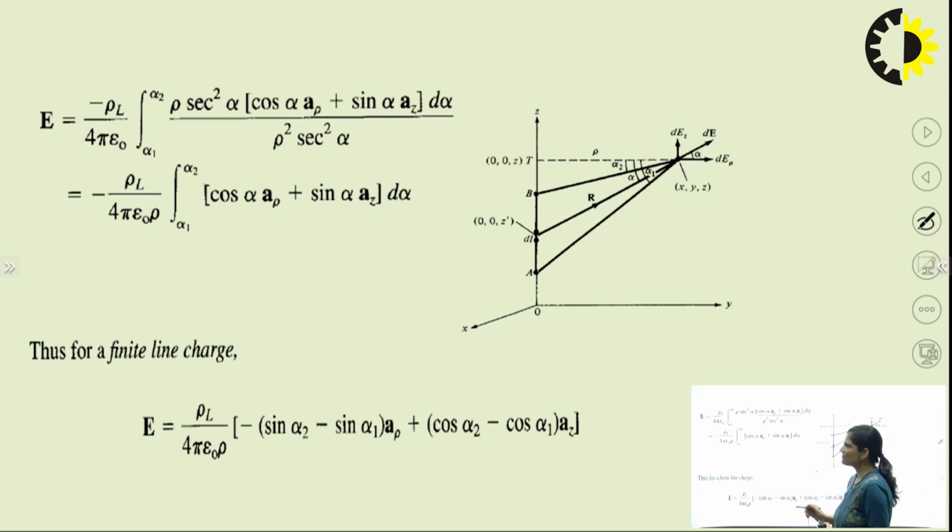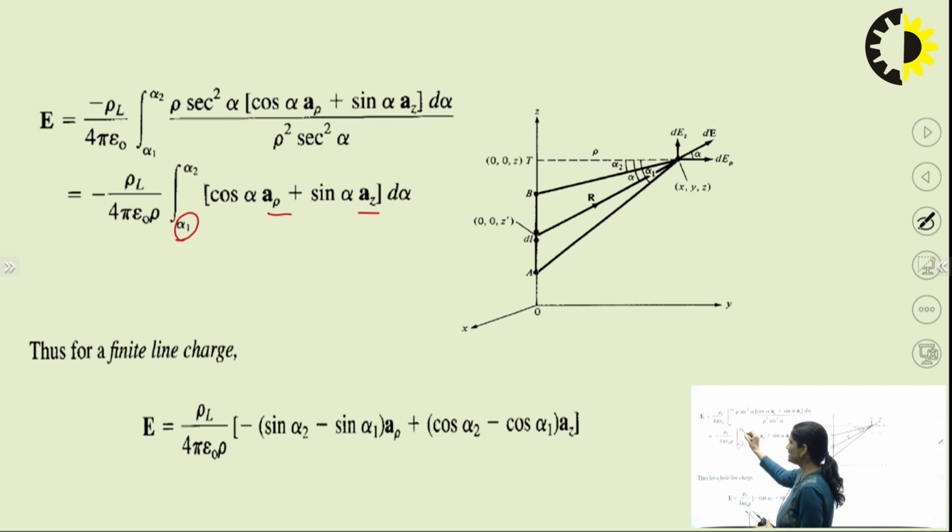So put the previous values in the equation of electric field intensity and finally you will get the result: E is equal to minus rho L upon 4 pi epsilon naught rho, integral from alpha 1 to alpha 2 of cos alpha unit vector of rho plus sin alpha unit vector of z, d alpha. Now integrate it and put the limits alpha 1 and alpha 2,